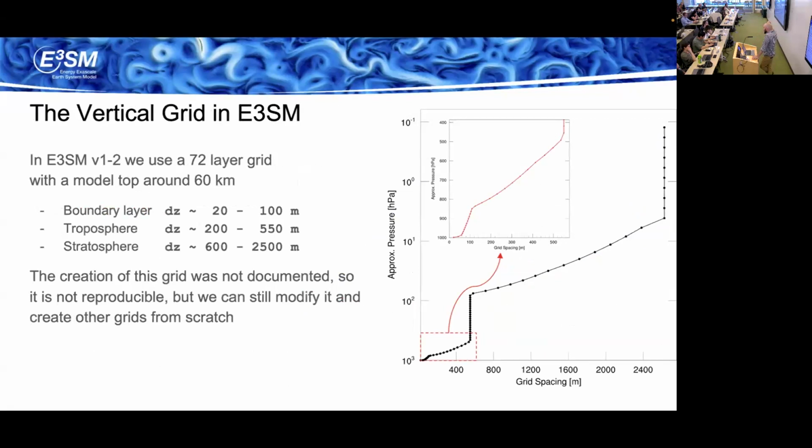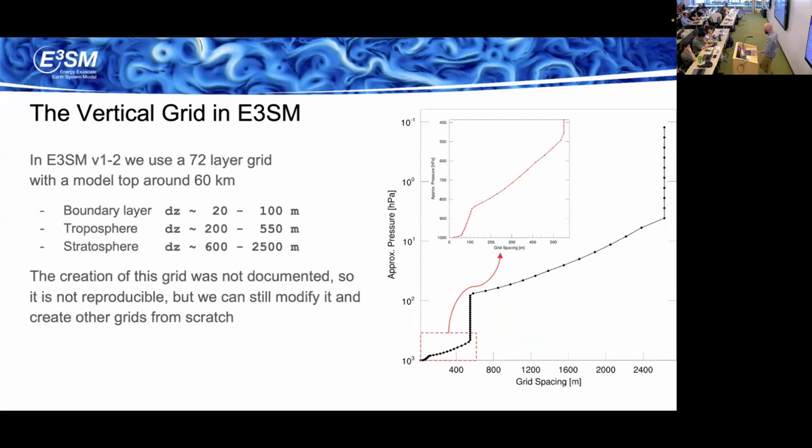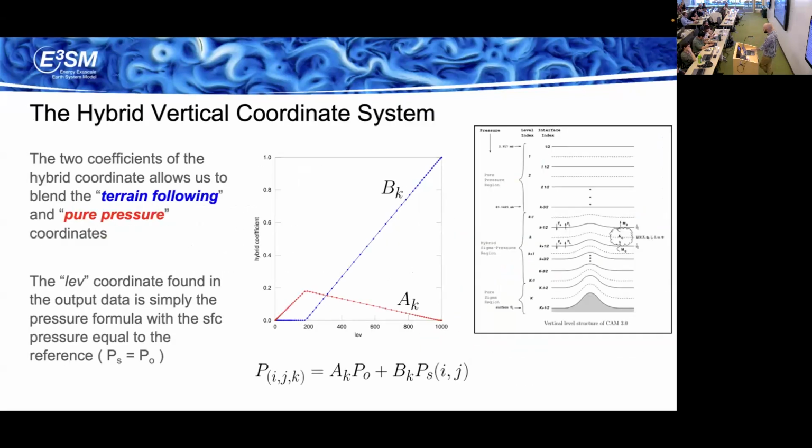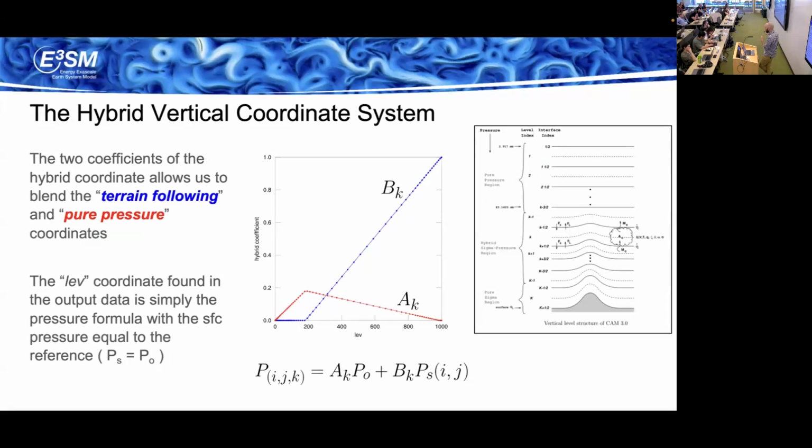Yeah, we've talked about using a series of sigmoids and things like that, but this profile and this distribution of A's and B's you can think of as separate things. You can define the shape of the grid before you define the distribution of A's and B's and the cutoff between pure pressure and blended coordinates. So yes, you can do that in this context. But in the other context, it does need to be a linear combination of two things in order to get the benefits of the hybrid. Yeah, thank you.